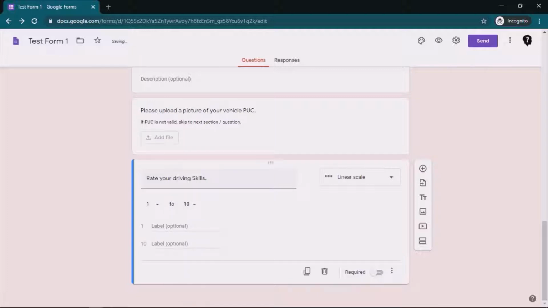A linear scale can go from 1 to 10 or 0 to 10. If you select 0 it will show the 0. For 1 I'll say poor, and for 10 I'll say best. Now let's see how this question appears.